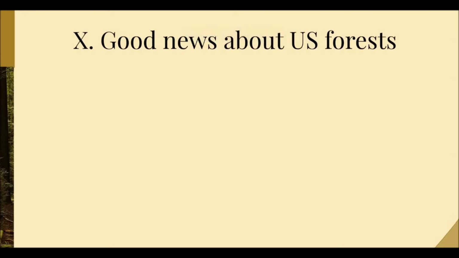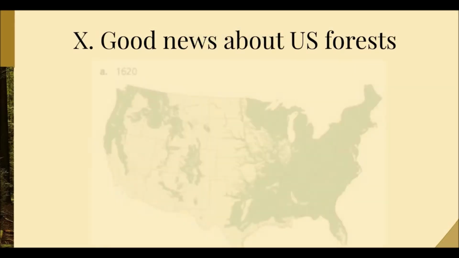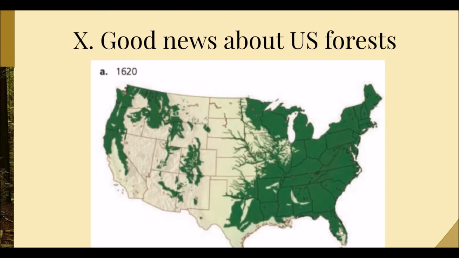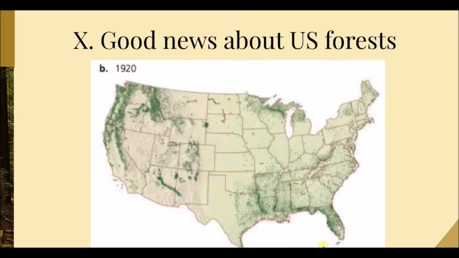Right, so now some good news about our forests. I was talking about earlier how they have regrown a little bit. So this is a map of what our forest looked like in 1620. So pretty much when colonists started to come over here to the U.S. and colonize the West Coast. Now the native peoples lived here before, but you can see a quick change by 1920 in what happened to our forest.